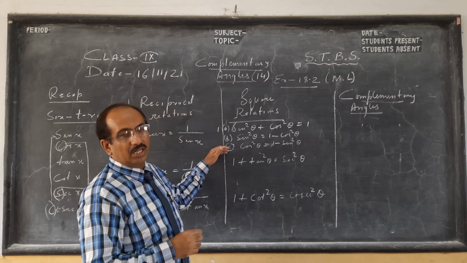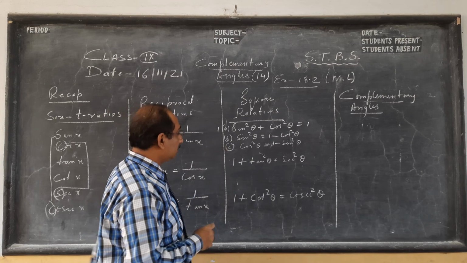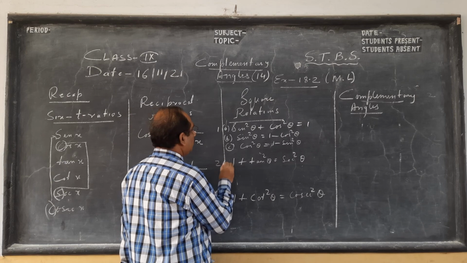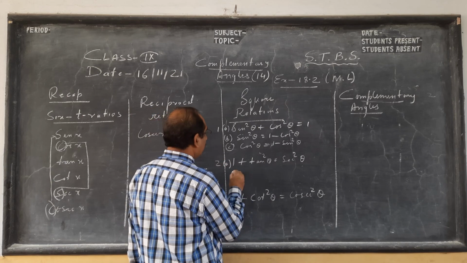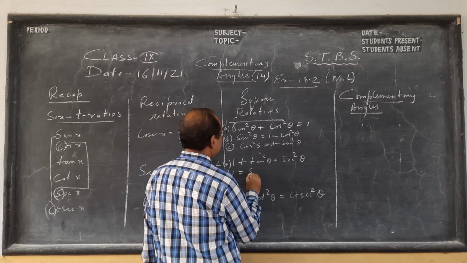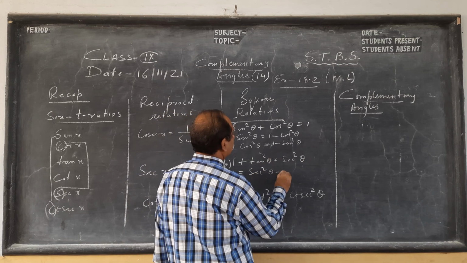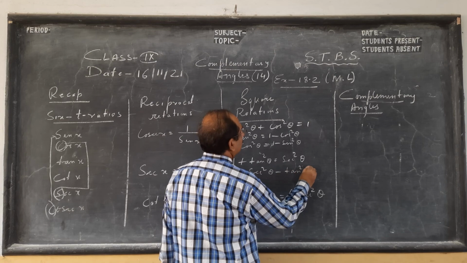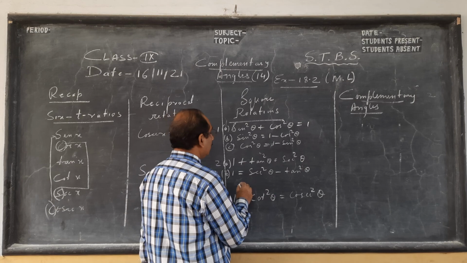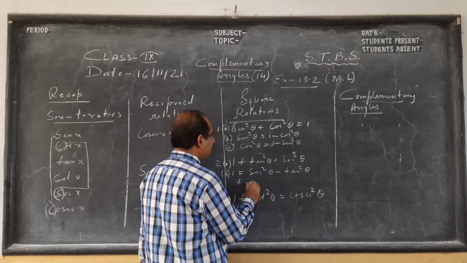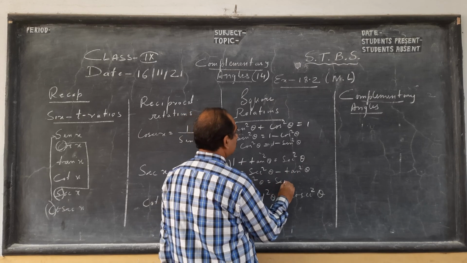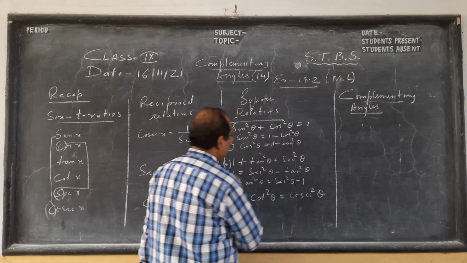This we use less in class 9. In class 10, one full chapter is on these 3 square relationships. Let it be 2a. For 2b, I let it be 1 here and take tan to that side. In the previous question you saw I did sec square theta minus tan square theta is 1. Do one thing, let tan square be here. In 2c, let tan square theta be here. This will be sec square theta minus 1 is tan square theta.